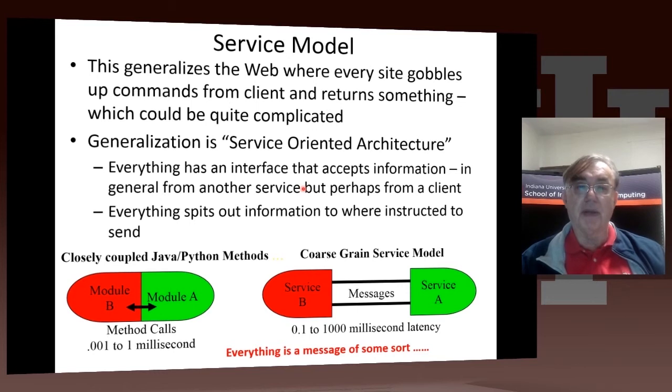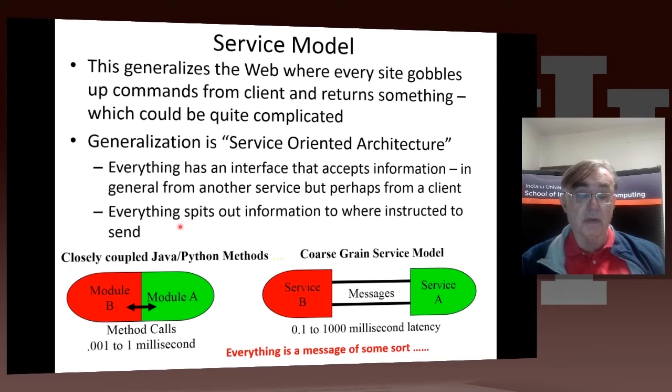Anyway, we have a world where we build things from these services, which a while ago there was a slide which said we called those filters, because a filter is something that changes something. Or there could be maps in the MapReduce framework. These are just entities that get in something and put something else out. And that's a service, so services are very important. And this is a different way of building software.